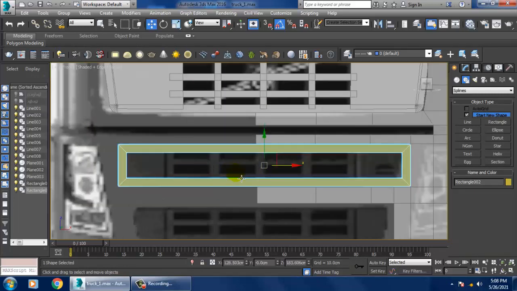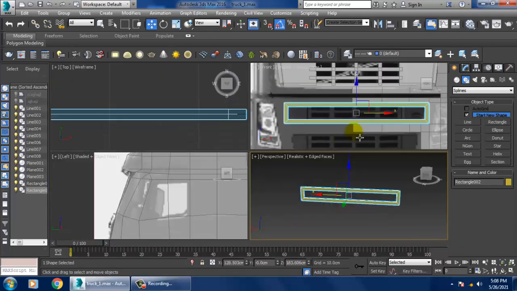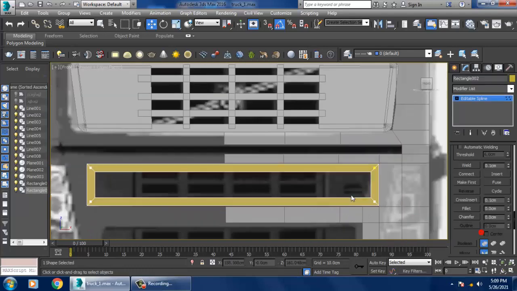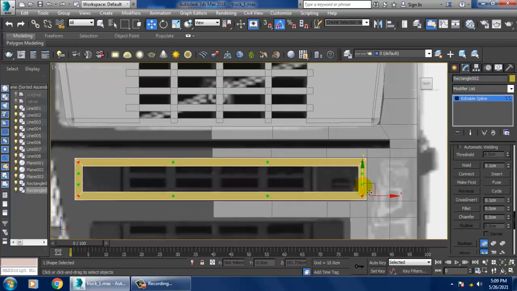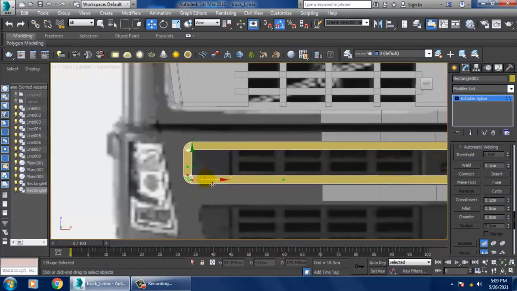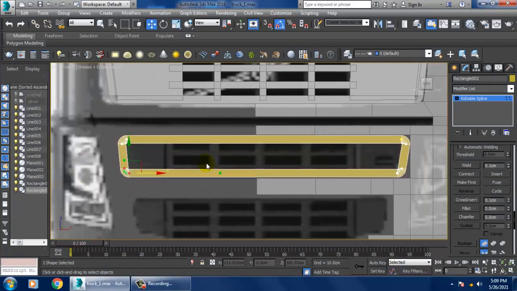Right click, convert to editable spline. So select this spline over here, and let's slightly give a bit of fillet. Let's go into the vertices, adjust it in the right way over here.